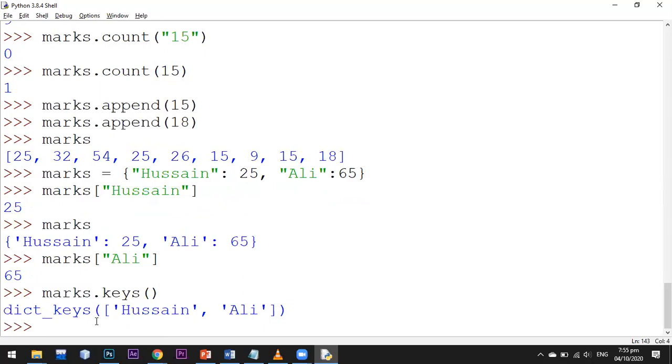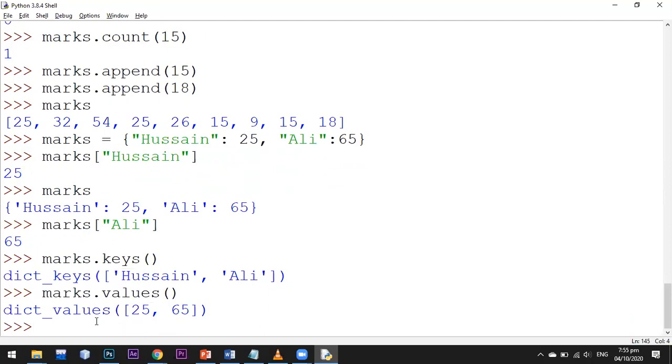And if I want to check what values are saved in my dictionary, I will just type marks.values, so it will show that 25 and 65 are the two values in my dictionary.